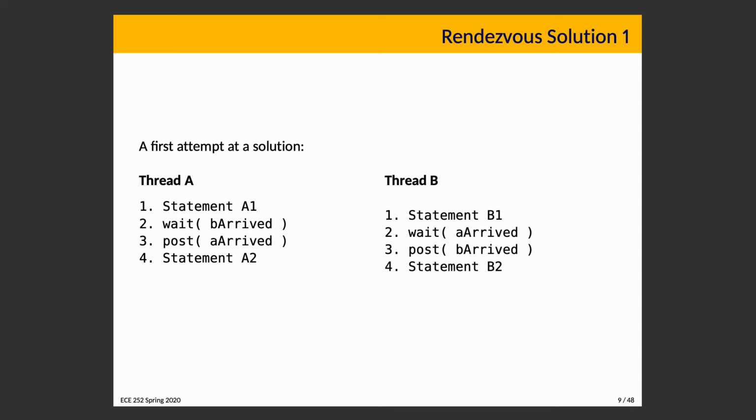Now, one of the things that's nice about our investigation of does the solution work is there could be many paths that are bad. There could be many ways in which the solution does not work. In this case, they get stuck if the order of statements is A1, then A2, then B1, then B2. There could exist lots of other possibilities like B1, then B2, followed by A1, then A2,